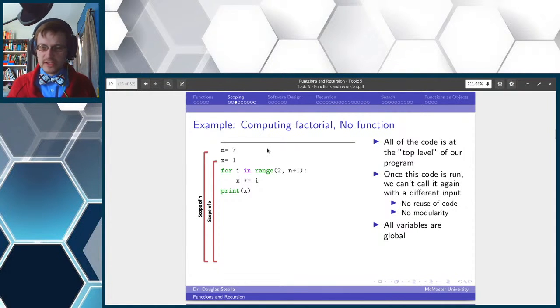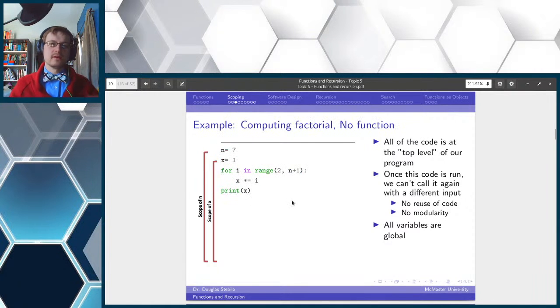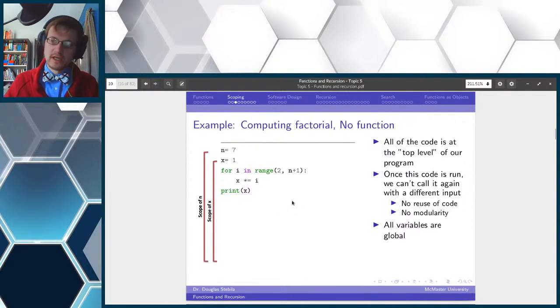But we'll get into it. So in this particular example, everything is happening within main execution, which is to say not inside of a function. So these variables, n and x, are being declared in the so-called global context. All of these variables are global variables. So global variables are okay,